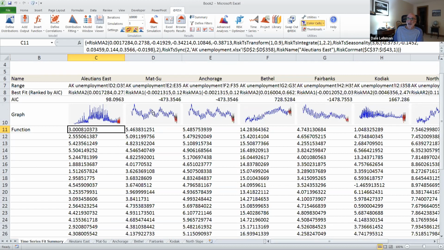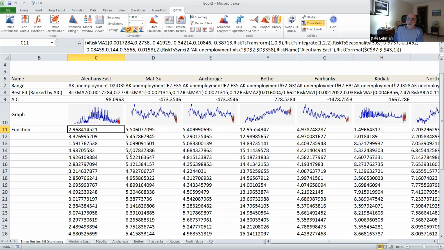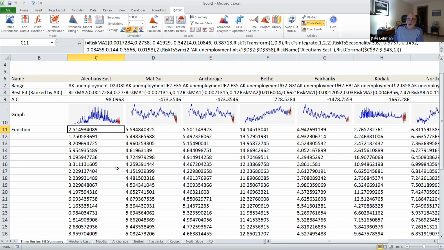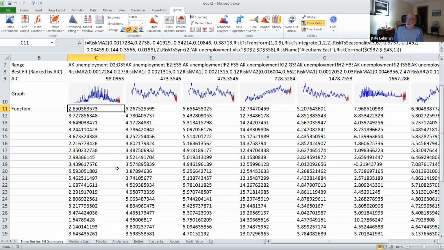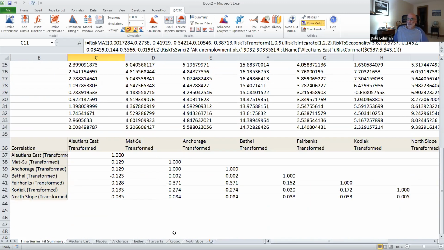You don't have to set up these cells, they're already set up for you, and it will run a forecast for up to 30 months for each of these regions, incorporating the correlation matrix that's put below. It won't handle fancy copulas, it's just using a Gaussian copula, so it's the simplest one, but it gives you